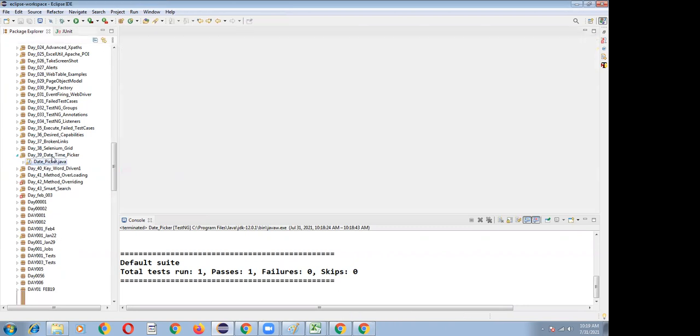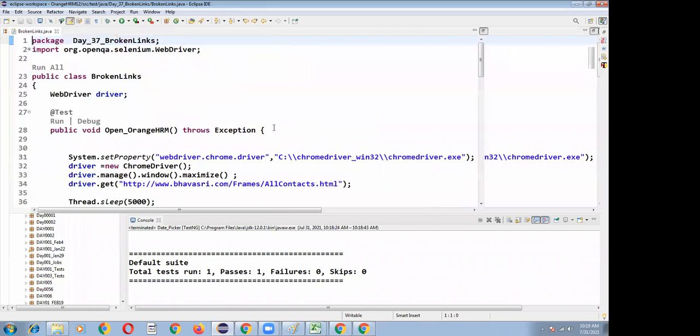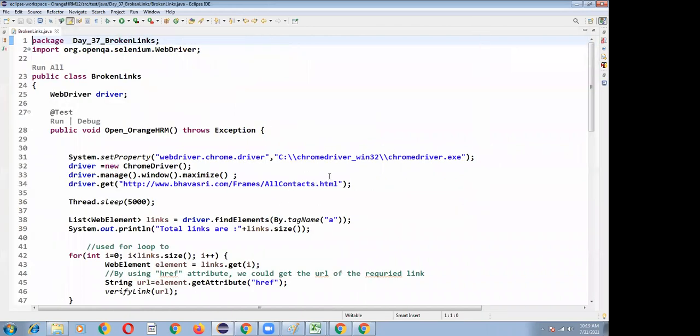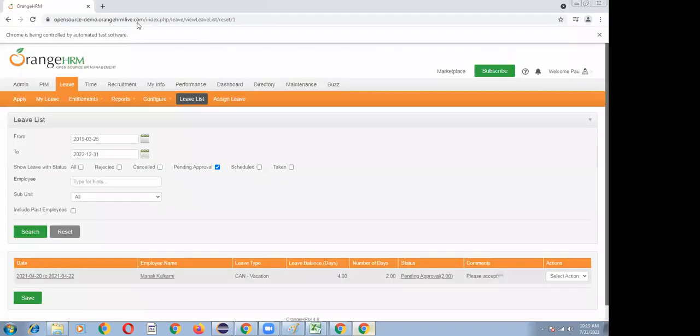So we completed 39. And broken links, did we discuss broken links? No. So first of all, we have to know what is meant by a broken link. If a link is not working, actually this is an interview question, not specifically to identify a particular link or anything. This is the interview question people are asking in interviews.